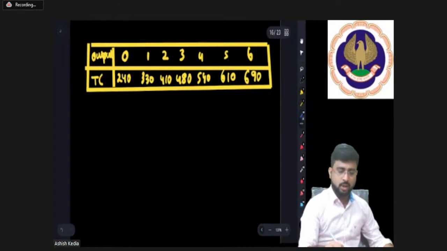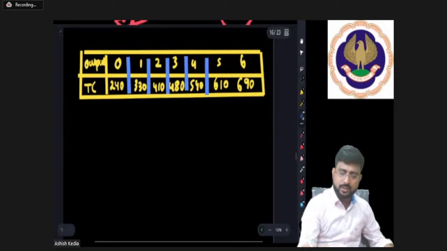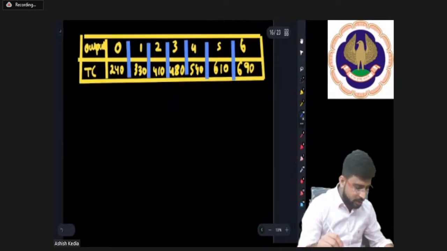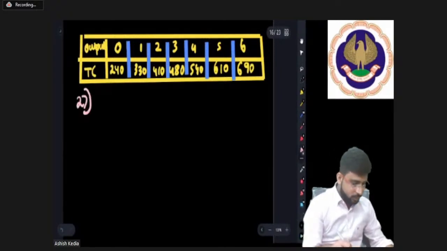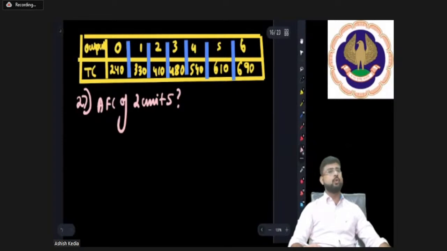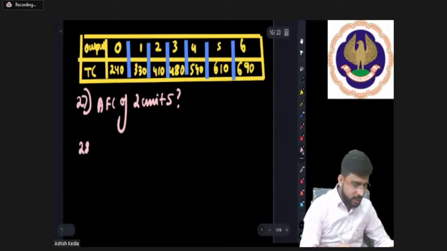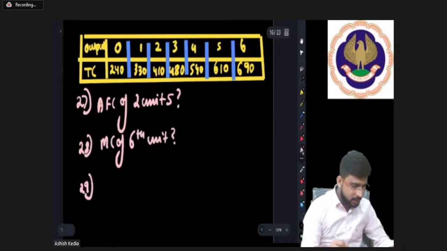Don't question the question. Whatever is given, just accept it on the face value. Okay, don't try why this, why that. Okay, this is the question. Now question part 1, that is question number 27 from the material is, what is the average fixed cost of 2 units? I'll not give you MCQ options. First question, 28 number. Marginal cost of 6th unit they are asking, and question number 29,